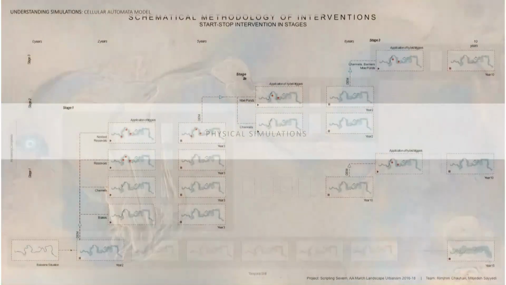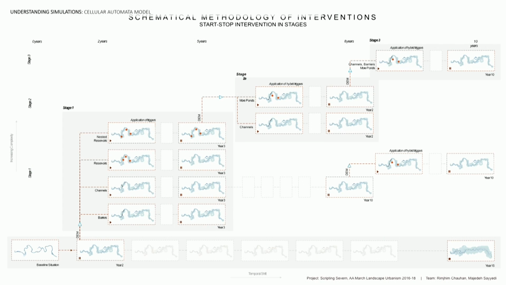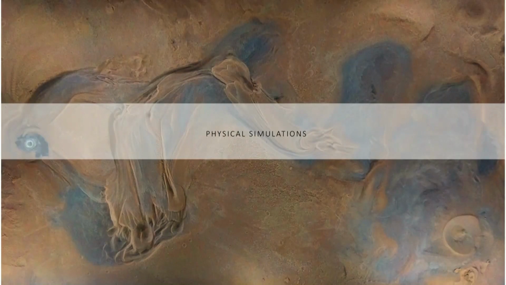Now, when we work on Caesar and CEM models, it's easier for larger landscapes which have a lot of complexities, and you can visualize that digitally. But for smaller simulations in which you just want to see how the curvature of the river works, or how a certain meander takes place, or how an oxbow is formed, it's better to do small-scale physical simulations. And for that, I'll hand over to Eduardo.